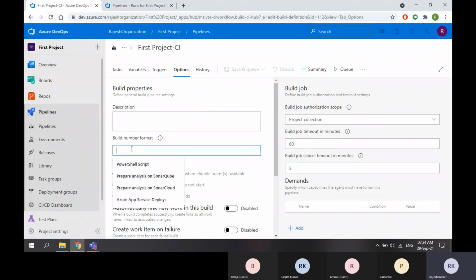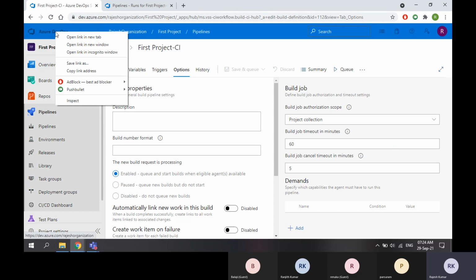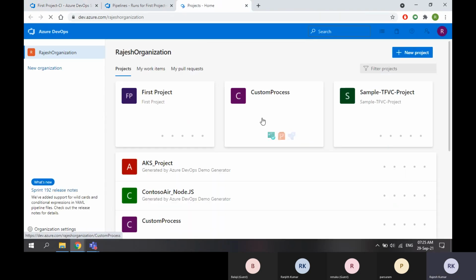Here I have not given any specific format. That's why it is taking the continuation number 412, 413, 414. But there are some formats available. If I open some other builds, there you will see some specific formats.